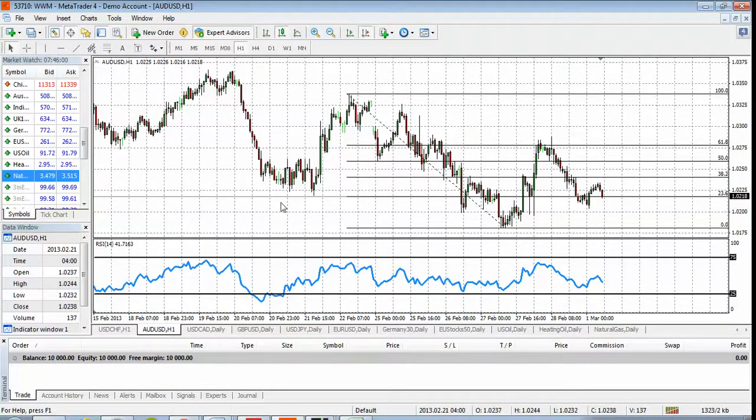Second pair I want to take a look at is Aussie dollar. We did start to bounce back from the 61.8 retracement level that we saw from yesterday. We're currently sitting at around the 23.6 level, which is one of the less strong of the levels. So it is possible that we could see a pushback to the downside further from this pair. It does look like we have tested the upper bounds of where the Aussie dollar is willing to head, and it's possible we could see some US dollar strength possibly tomorrow if Ben Bernanke hints at any more